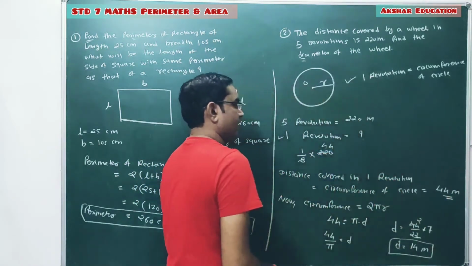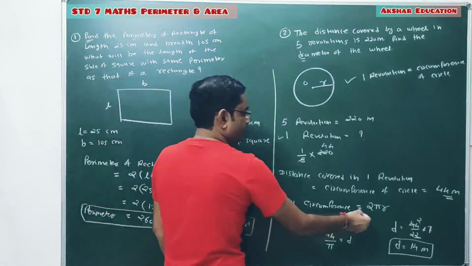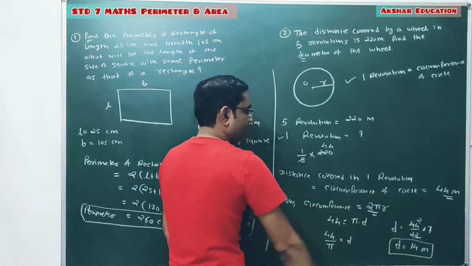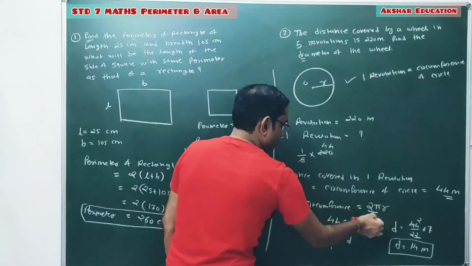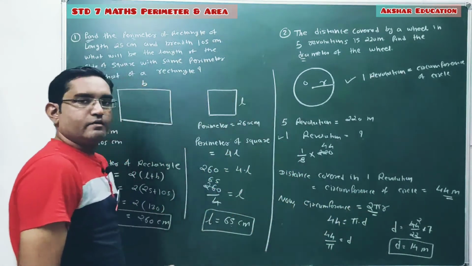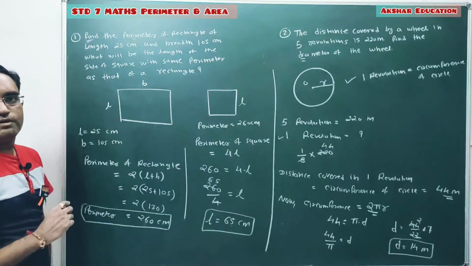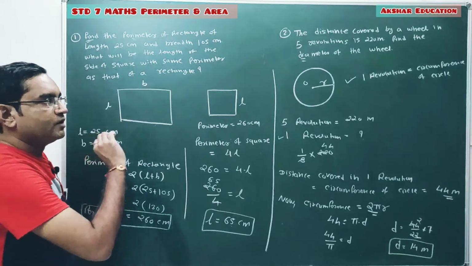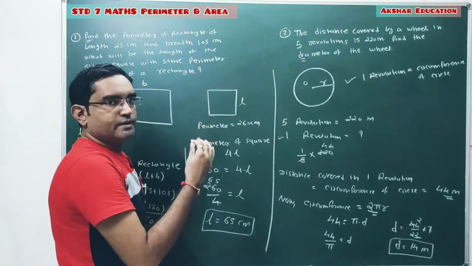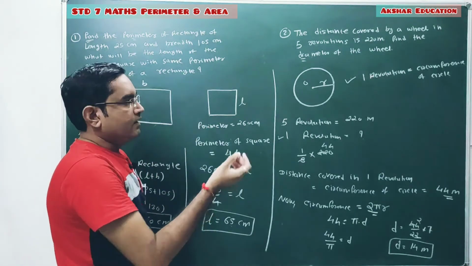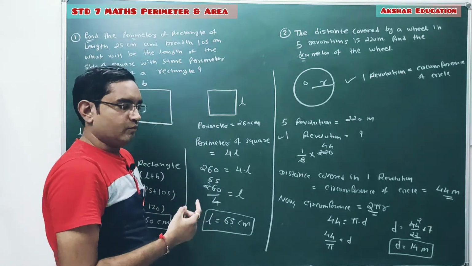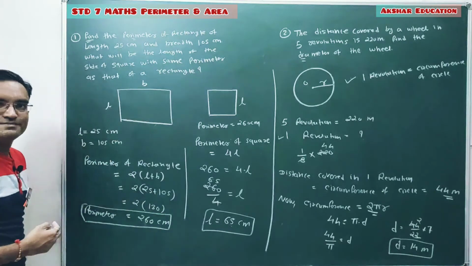So that is 44 meter, and we know the formula of circumference, which is equal to 2 pi r, and we also know that twice of radius is nothing but the diameter. So again replace this 2r with d, and putting the value of pi, we are getting the value of diameter of circle. Clear students? So this is how we can solve these questions. Read the question, break the statements into different parts, write down the given values, and then apply our methods. Now pause the video and note it down.